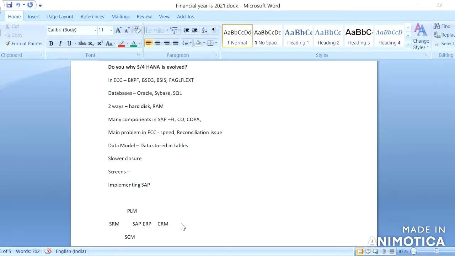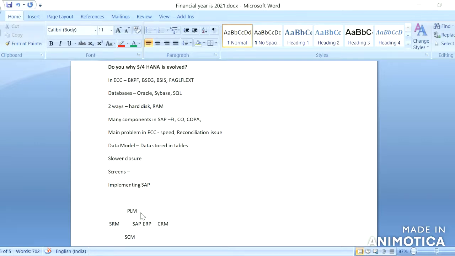If we see SAP ERP, it has different components outside of the SAP ERP system, which are CRM, SEM, SRM, PLM.